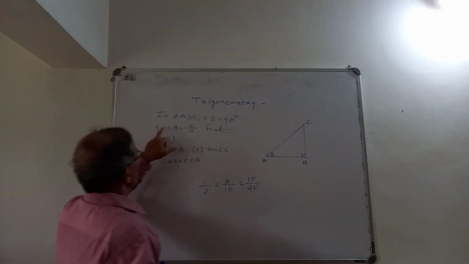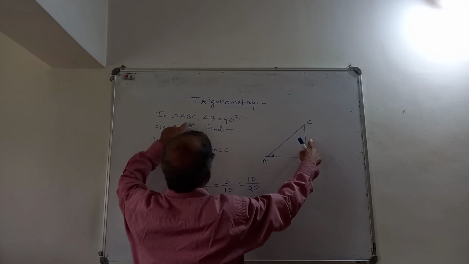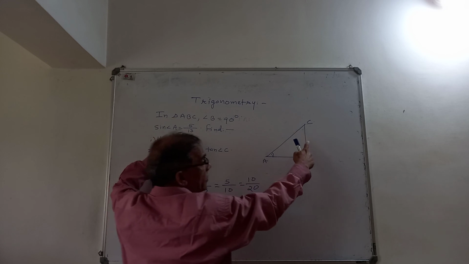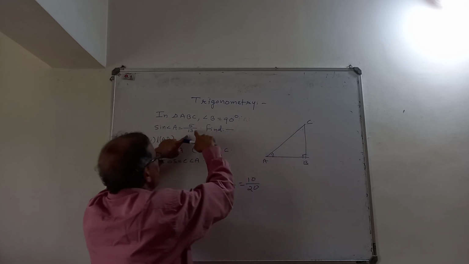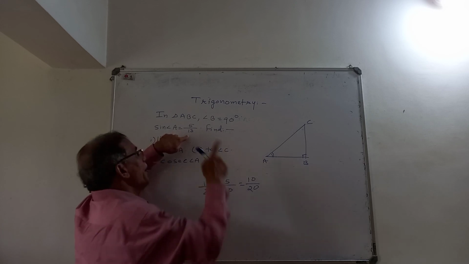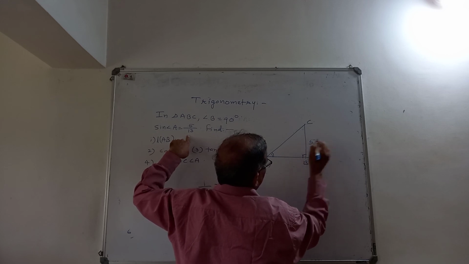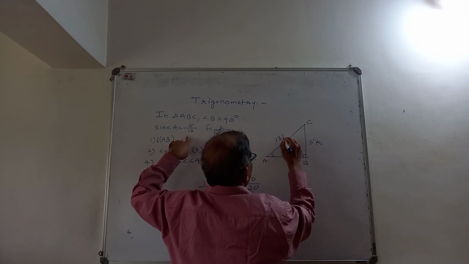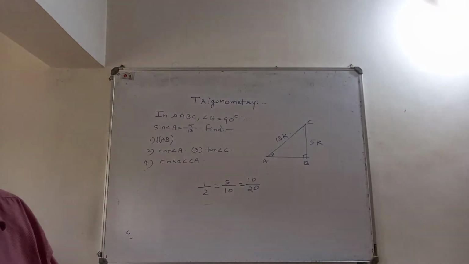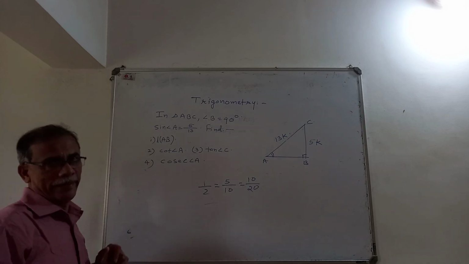And therefore, if sin A is equal to 5 by 13, sin means opposite side upon hypotenuse. So this side is 5 and hypotenuse is how much? 13. But you are not supposed to take 5 because it is ratio, means it is 5 parts. And therefore, one part, if we are using K, these 5 parts means it will be 5K and this will be 13K. This is important now while substitution. That K must be there because it is ratio. Okay, you can't simply take 5 by 13.